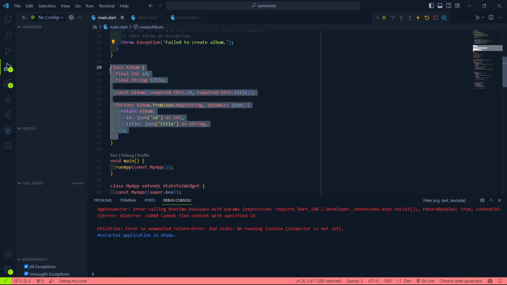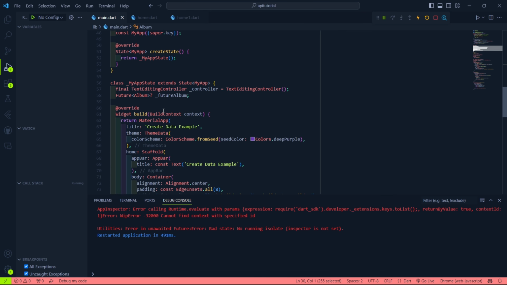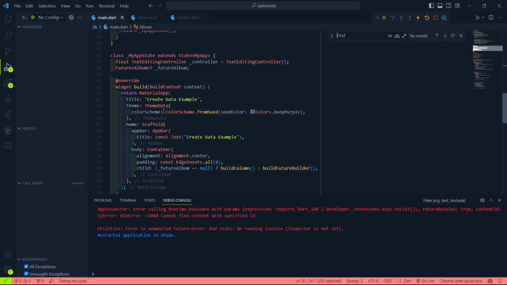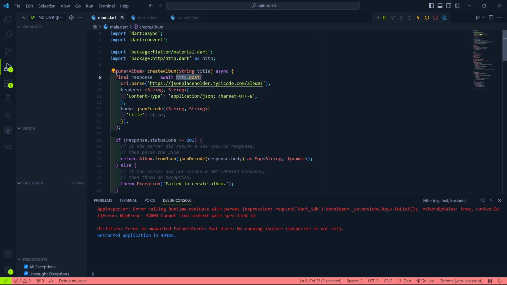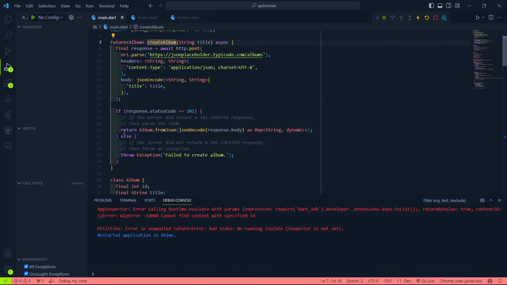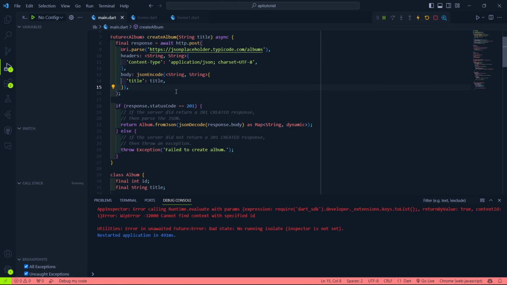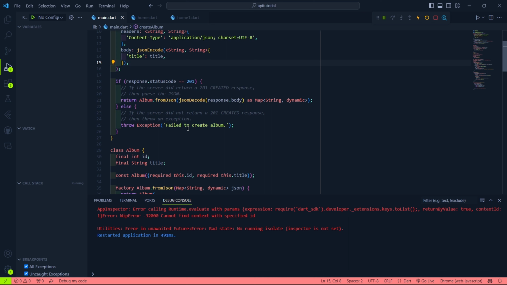Here we have created a model. Okay, first of all, let's go to the http.post. Okay, here what is happening is we are using future of album. We are returning an album. See, we are returning from JSON as map and string. Here we are passing headers. Body, we are passing the title. Okay, we are passing the title of it, and when we pass the title, it automatically returns